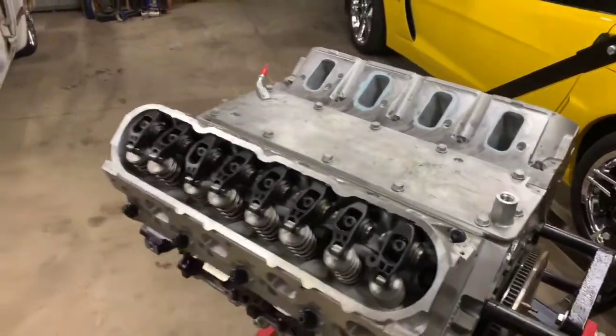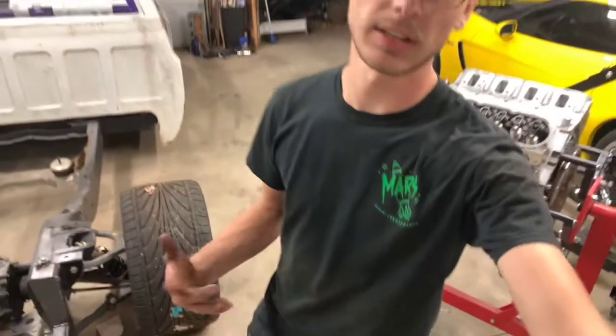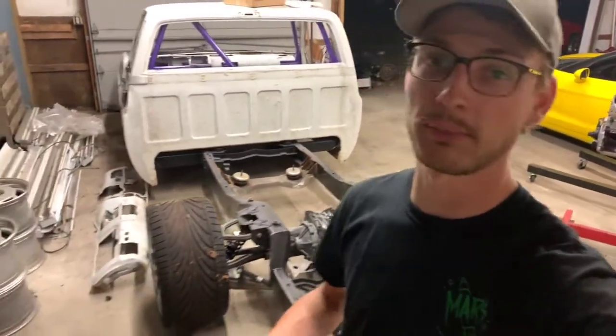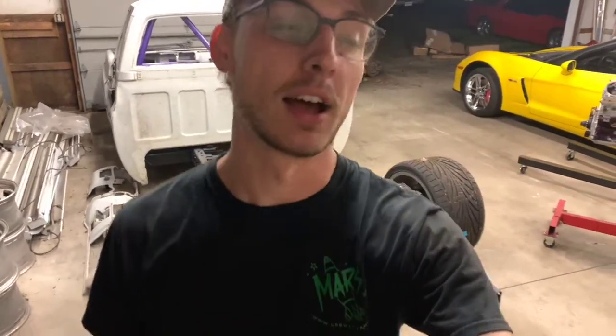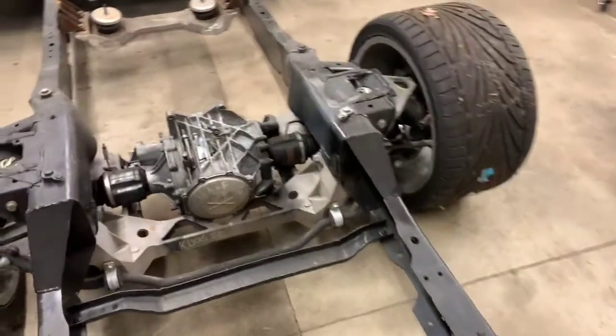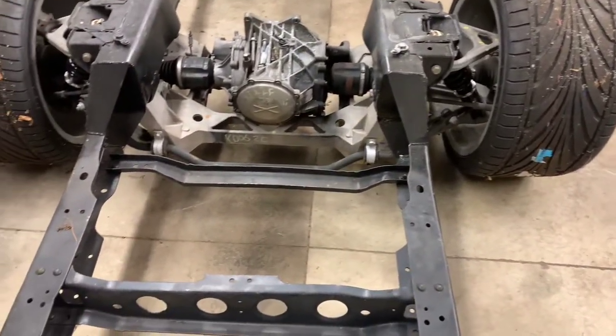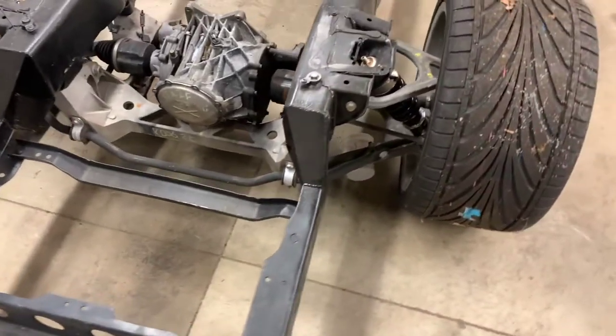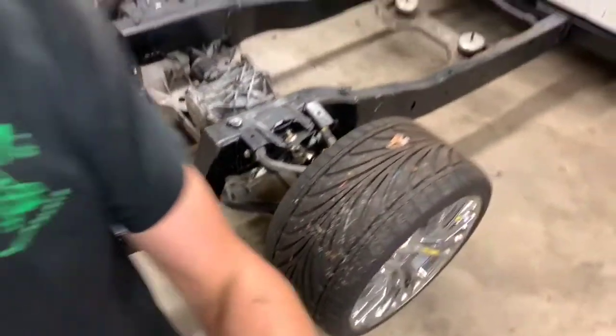But one thing we did change, originally thinking of running on gasoline, but why not run E85 and get all the benefits that E85 offers? A lot more horsepower. So we actually upgraded our fuel tank. We originally ordered the Aeromotive 20-gallon fuel cell pre-made from them, and it had the 3.5 brushless spur fuel pump, and that was good for right around 1,200 crank horsepower on E85, which we're hoping to make a little more